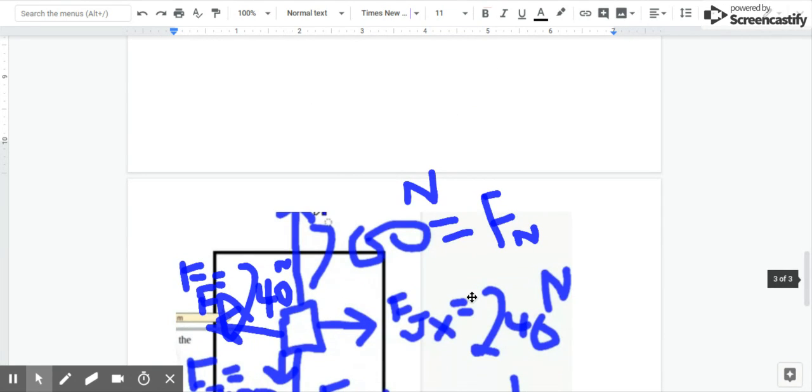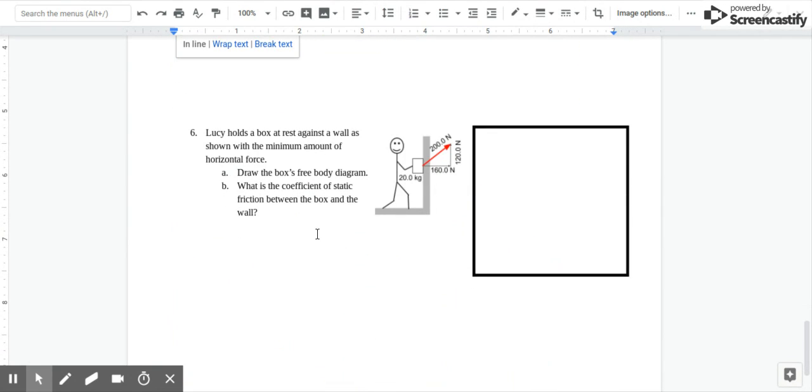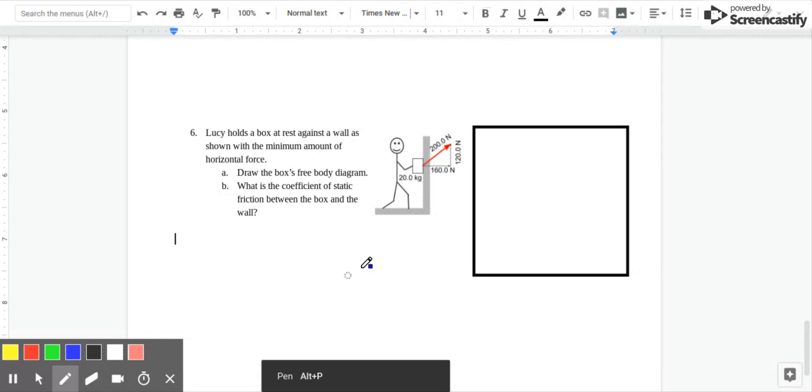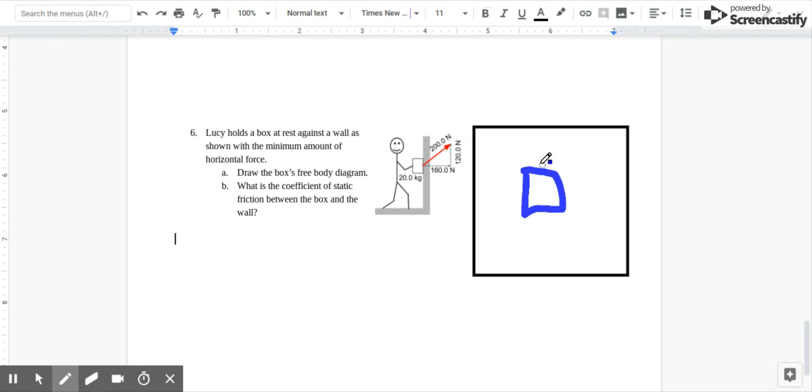I'm going to erase. I'm just going to keep going. All right, last one. Lucy's holding this box against the wall at rest. Here we go. And we're going to draw the free body diagram. So we've got a 20 kilogram box, so that's FG of 200. What you probably notice is that